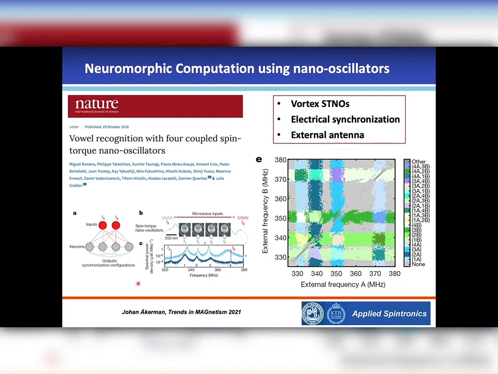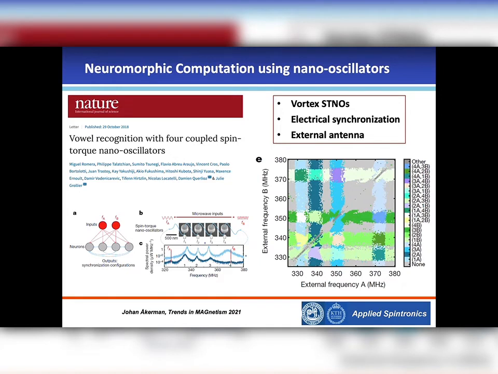And after some optimization, what they could show was an injection locking map of this type, where when they sweep frequency A and frequency B, they get different types of injection locked states from the array. And they could then map the spectral content of spoken vowels onto 2 microwave frequencies, frequency A and frequency B, and show that different vowels clustered into well-defined injection-locked states this way. Now, that's an entire talk on its own, and this is just a very, very brief summary of that